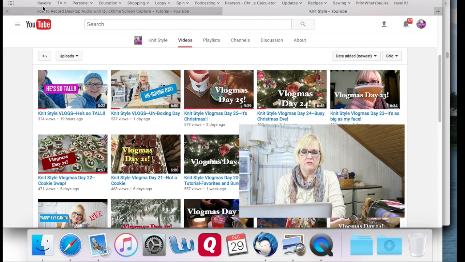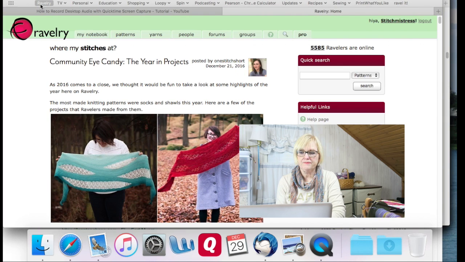So let's get on with the Ravelry tutorial. I'm going to click on Ravelry. Today I'm going to be talking about forums and groups, and I'm not going to go through the whole thing today. You're going to have to wait for me to go more in depth with groups on a later show, probably next week. But today I want to talk a little bit about how to post in forums. Before I do that, I also have something else I wanted to show you